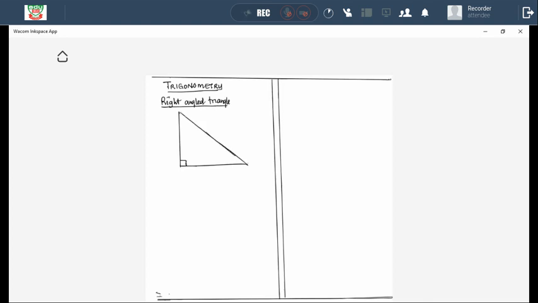This you did in grade 9. Now, let's name our right-angled triangle A, B, C. So we call this triangle A, B, C. Look at the notation, triangle A, B, C. So at B, where the 90 degree is,